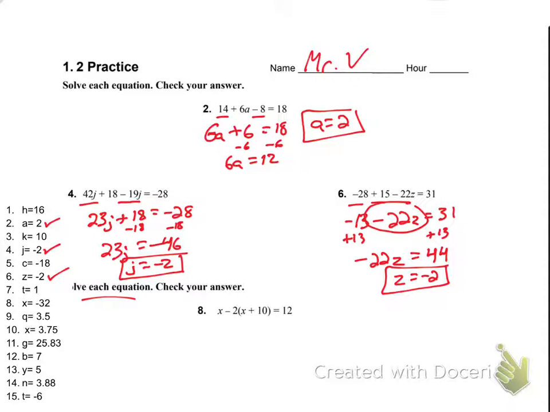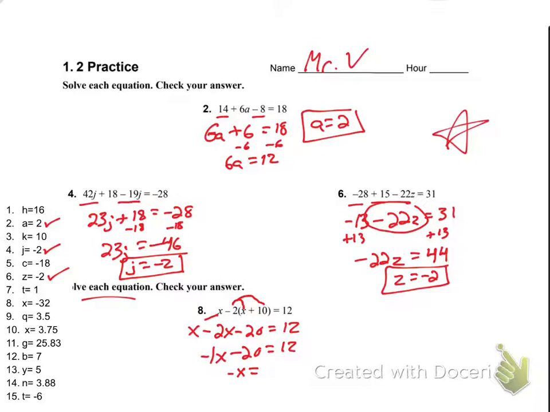All right, so these ones are solving the equation, so what I've got to do is I need to distribute first. Now, this is a negative 2, and I'm distributing it to everything in the parentheses first. So I'll bring my x down from right there, and then I'll have minus 2x, and then minus 20 is equal to 12. Then we'll just do what we did up here, combine like terms, and solve for x. So x minus 2x will be negative 1x, or just negative x. Minus 20 is equal to 12. I'll add 20 to each side, so negative x is going to be equal to a positive,